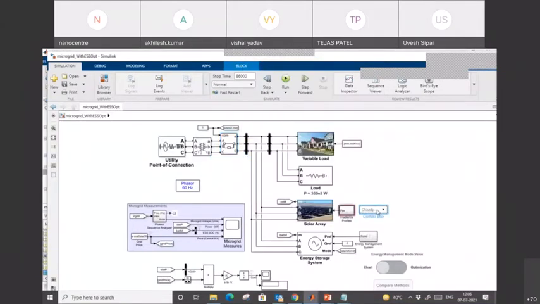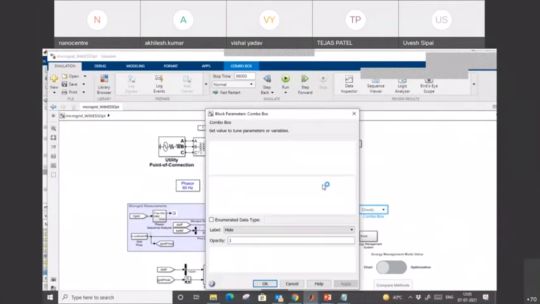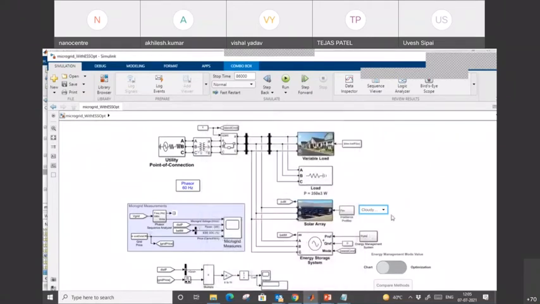Okay, now this is the solar array, and how are you going to simulate this? Here is the option you can select from here: either it is a clear day or a cloudy day. With optimization, are you going with the heuristic way, or are you going to use the optimization method? So here is the option, with that optimization method or without that optimization.